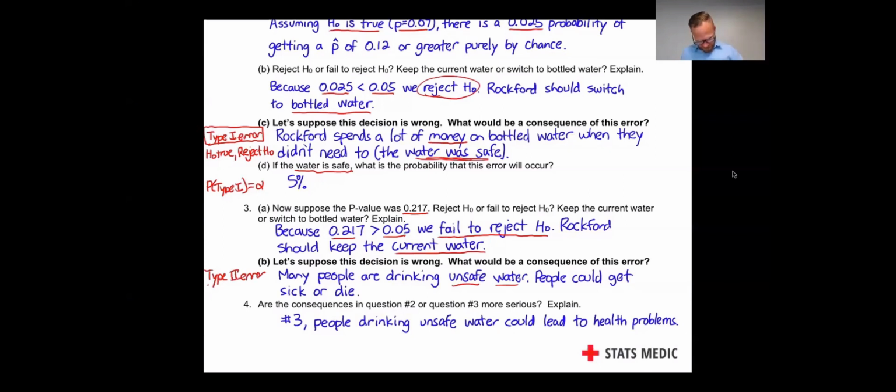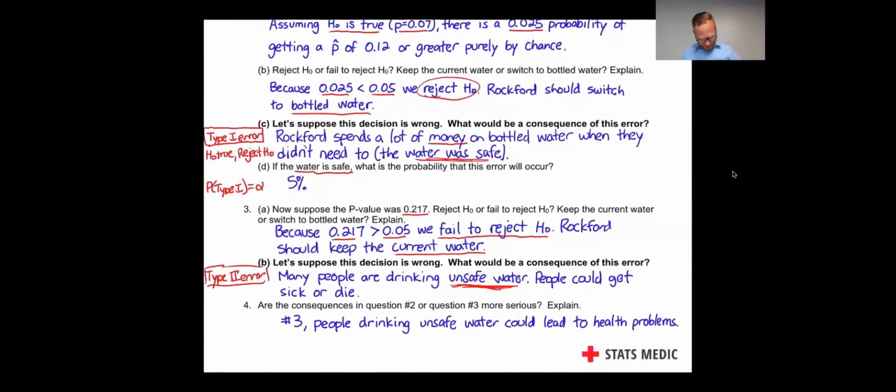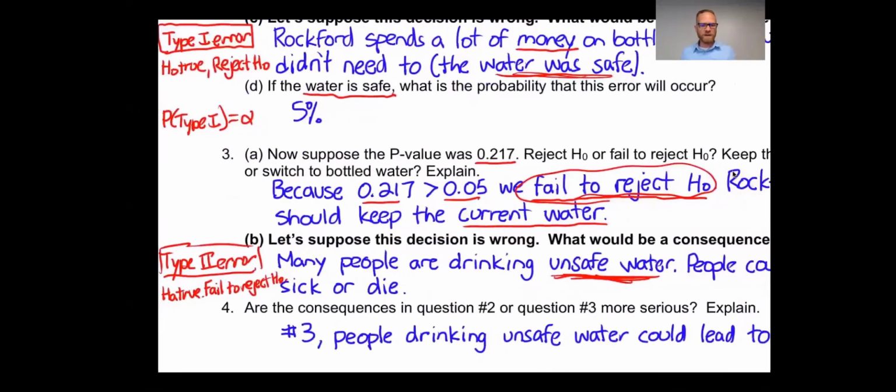And what makes this one a type 2 error is that here we have unsafe water. Remember, unsafe water is the alternative hypothesis. So for a type 2 error, you're always going to have the alternative hypothesis being true. And then you make the bad decision. In this case, the bad decision is right here when we decided to fail to reject the null. So that is what makes it a type 2 error, is that the alternative is true, but we fail to